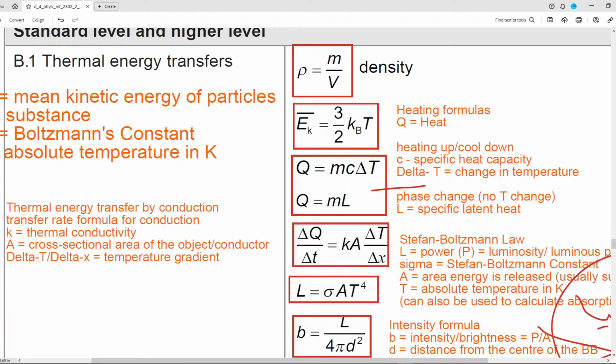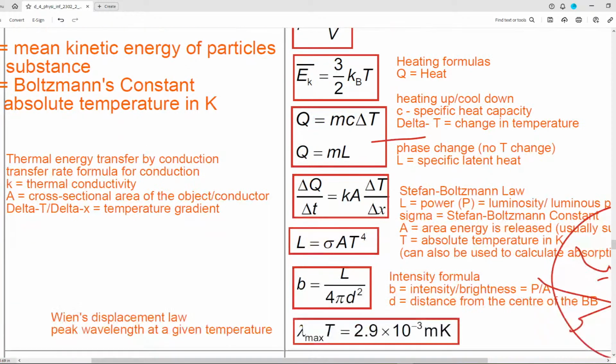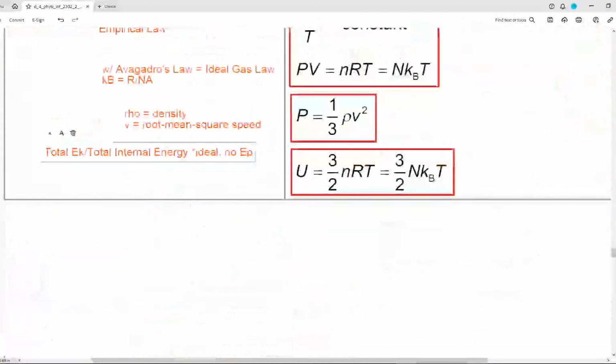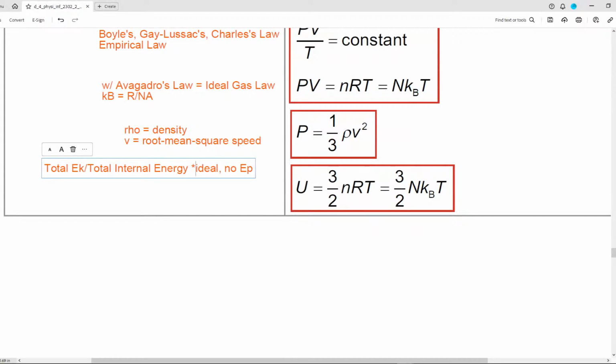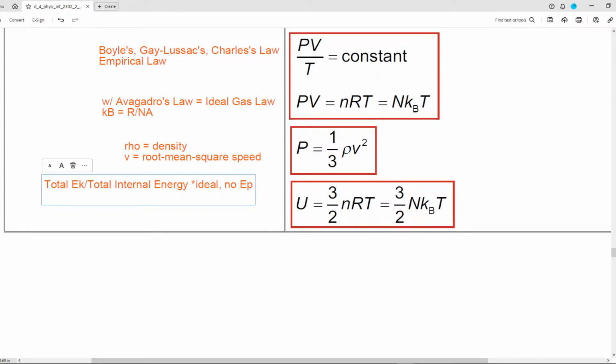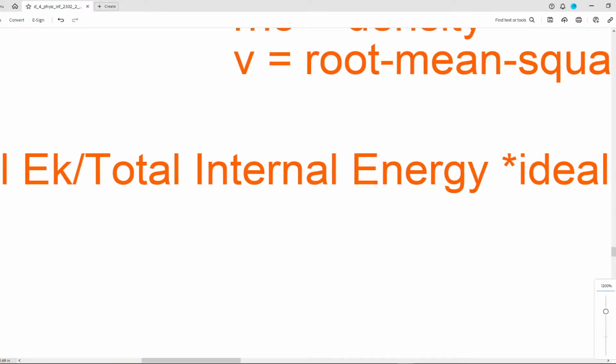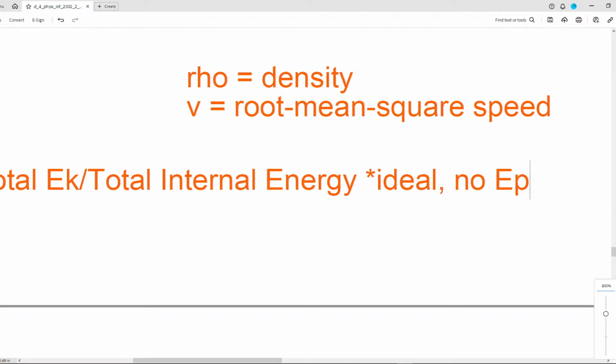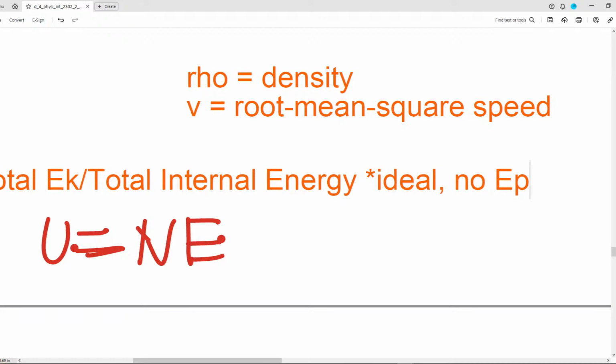And then you say, if that's the average kinetic energy, what happens if we multiply it by the number of particles? I will not explain the variables, which we've seen before; I'm explaining where they come from. So I'll zoom in. U is equal to, once again assuming there's no EP, N, the number of particles, times the average EK,